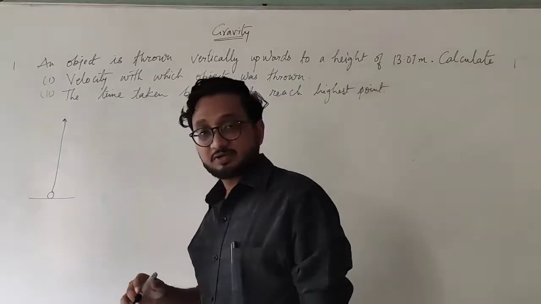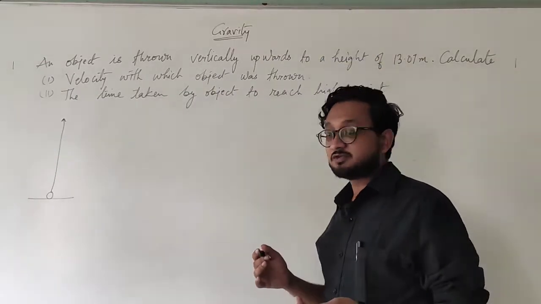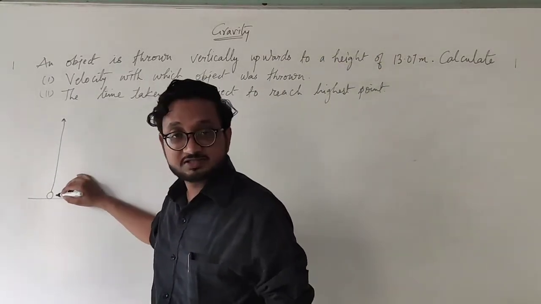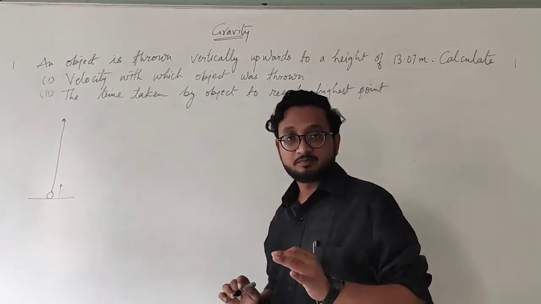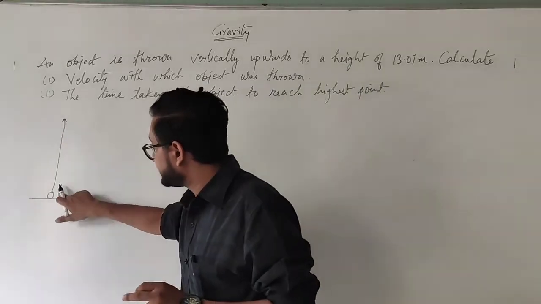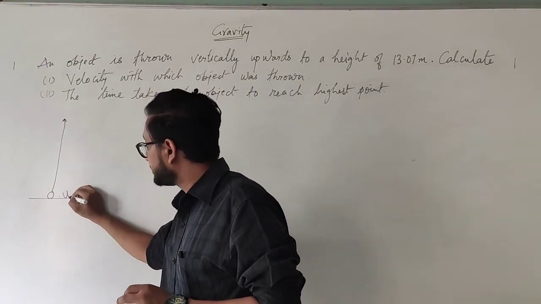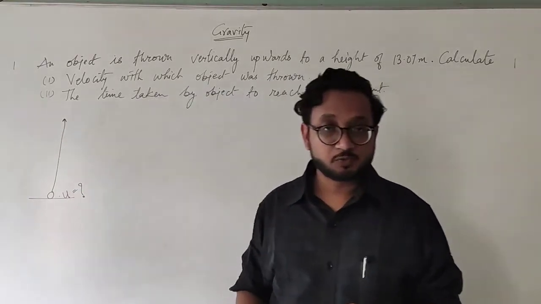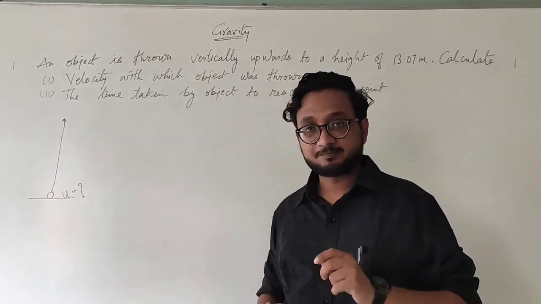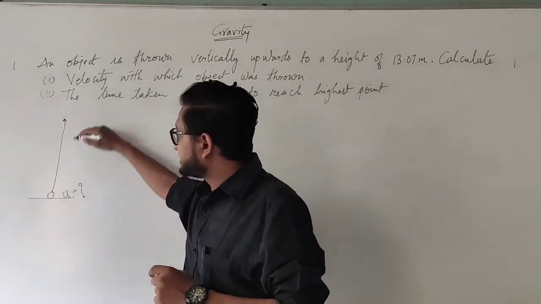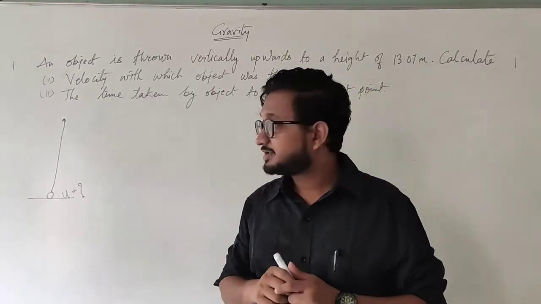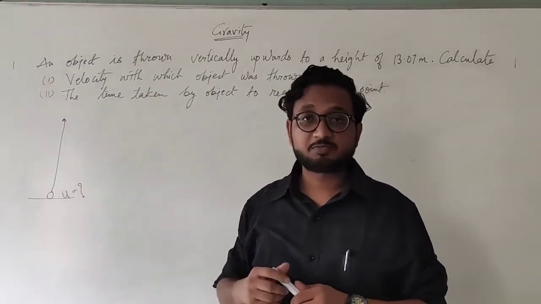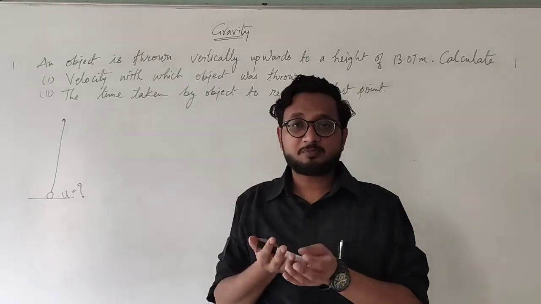Okay, so we have been given the height, but we have not been given the velocity. But obviously when the boy is throwing the ball, he is throwing with a certain velocity, so it is going to have a certain initial velocity. So you are supposed to find u, that is initial velocity. Now obviously when the velocity is going in the upward direction, the acceleration is acting in the downward direction, because you know that whatever thing you throw up, it comes down.